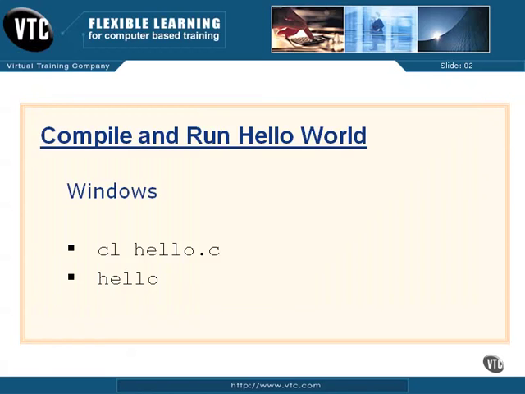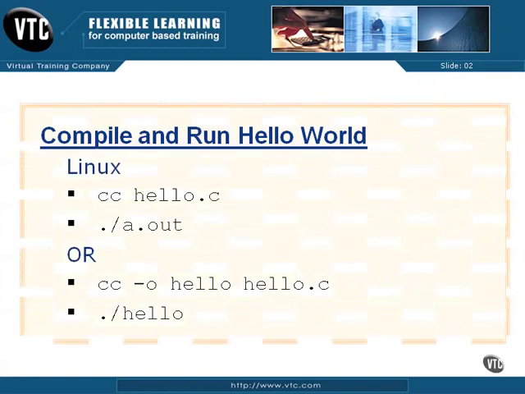Now let's move on to our next slide here. And we're going to do the same thing, compile and run hello world in the Linux environment. And in Linux, we have two different ways that we can do this. One is with cc hello.c. That's our C compiler. Remember, that's the same place as the GCC or G++ that we looked at. It's the same program that's going to be run, but we just use the cc because that's old school for a C compiler. And we'll cc hello.c, and then we run the program by executing a.out, because a.out is the